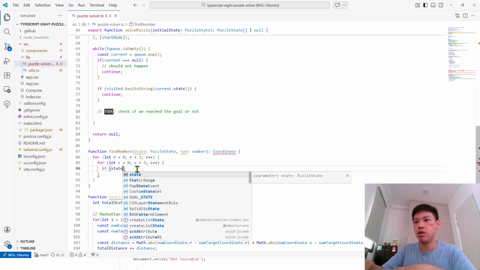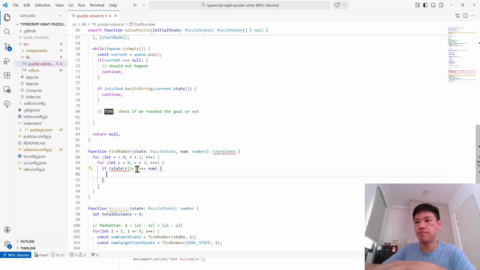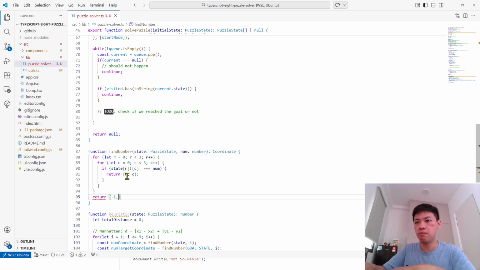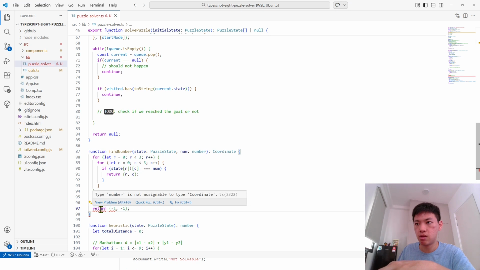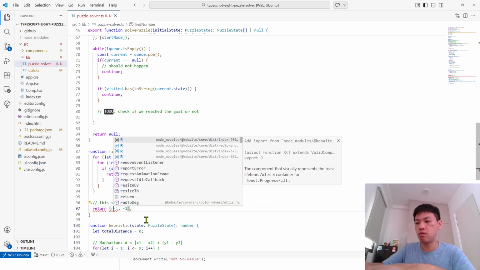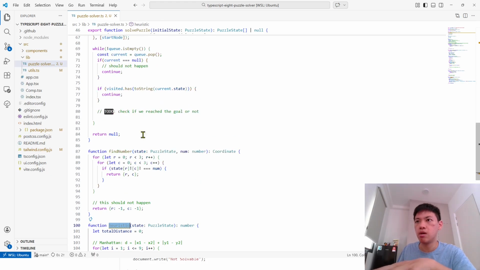If state r c equals num, we're sure that this is not null, return r c. Return -1, but this should not happen. Okay, next,